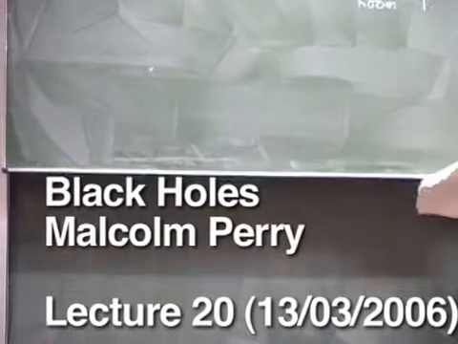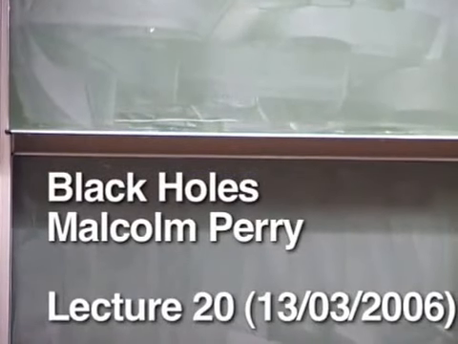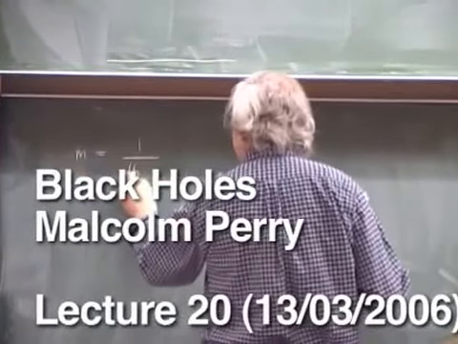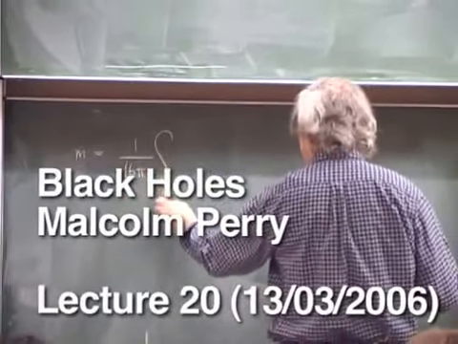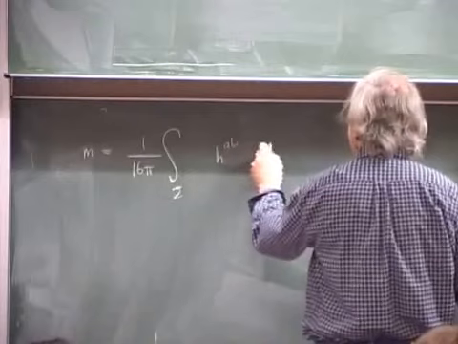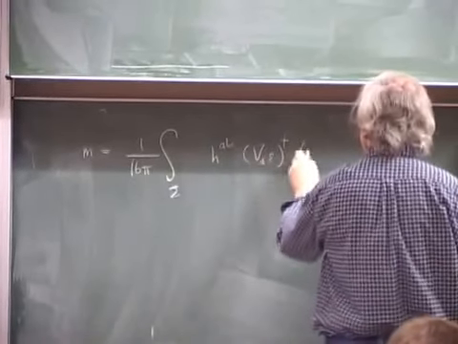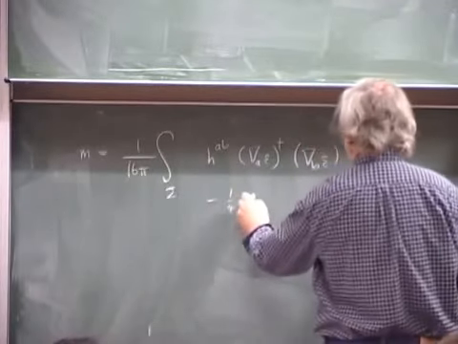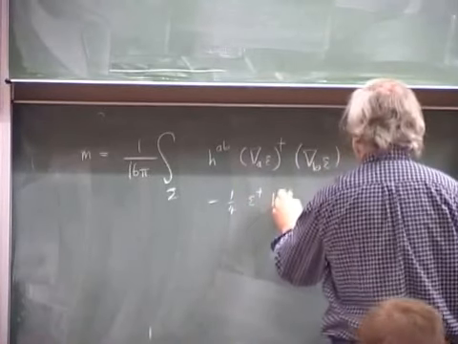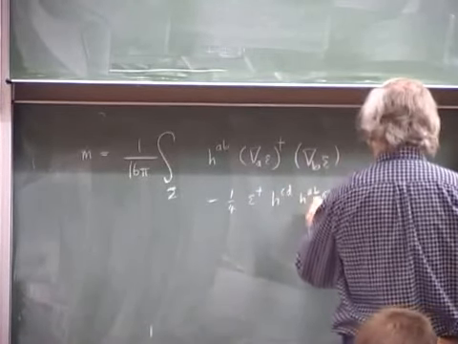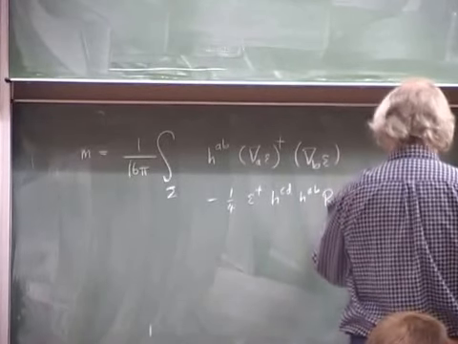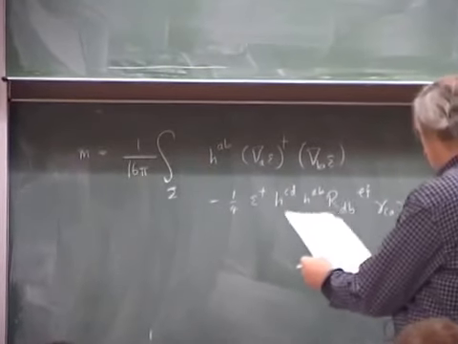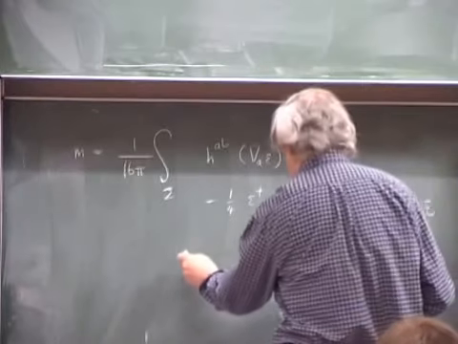Now, we were in the middle of a nasty proof. We discovered the mass is 1 over 16 pi times the integral over a space-like surface of H^AB ∇_A ε† ∇_B ε, minus 1/4 of ε† H^CD H^AB R_DBEF γ^C γ^A γ^EF ε, and 3 other terms which were